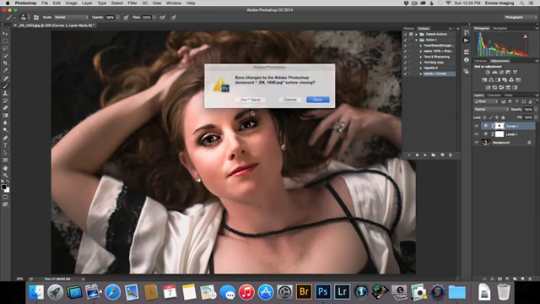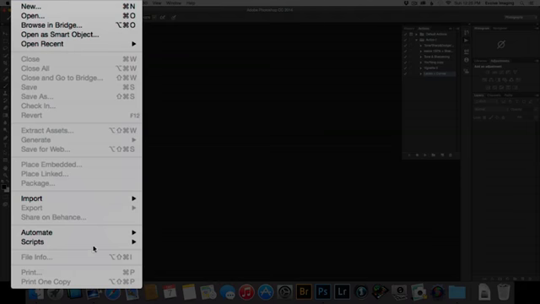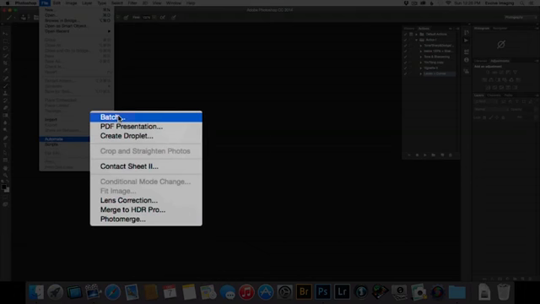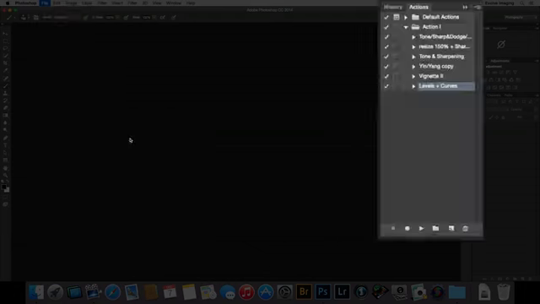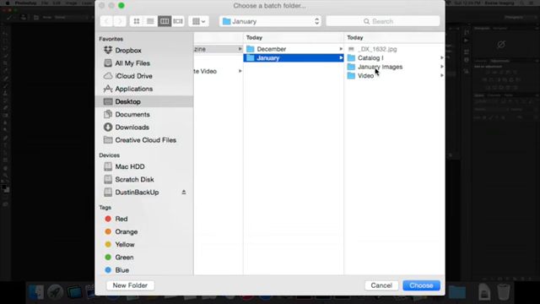So what I'm going to go ahead and do is X off my image. I don't need it anymore. I'm going to go to File. And this is the same place that you'd be doing for batching. So if we wanted to batch a bunch of photos, say, with this levels and curves action, what I can do is I can actually choose the specific